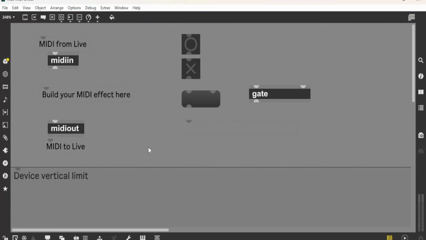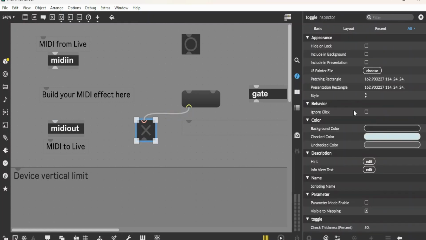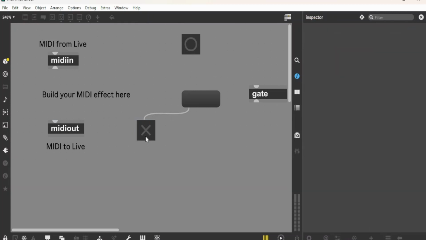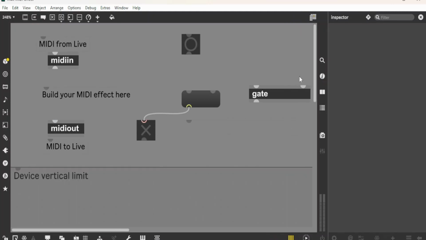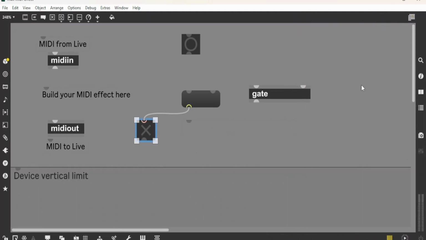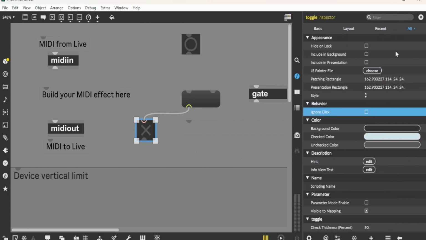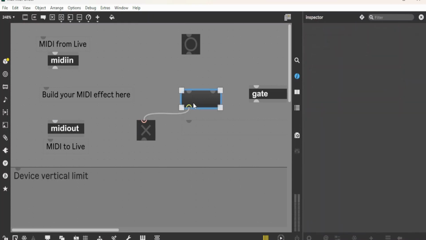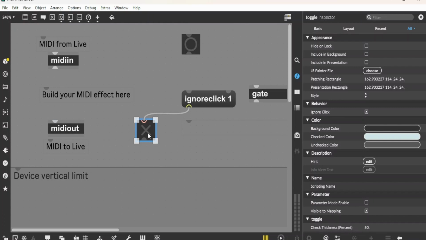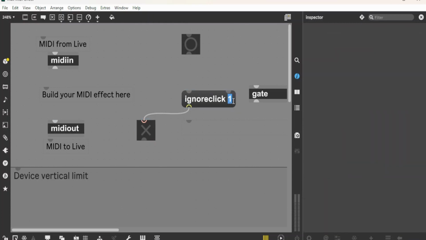For example, if I want this toggle to ignore click, which means if I select this and I lock the program and I click on it, you can see that nothing is happening here. Now, if I want to be able to dynamically control that, I can send it ignore click 1. And as you can see, that locks it. If I change that to ignore click 0,